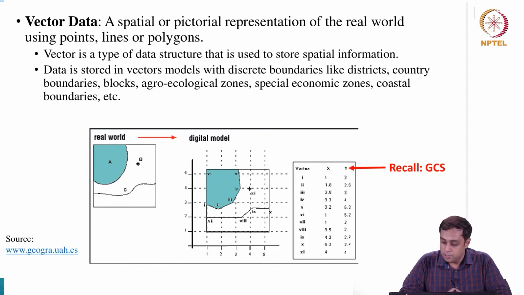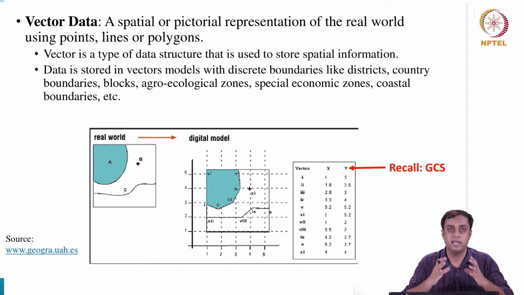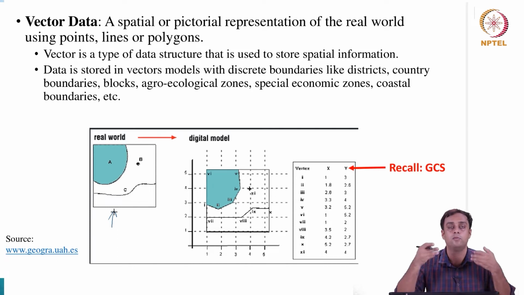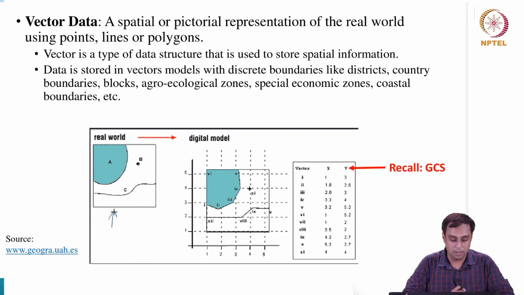So the image here that you look at is converting a real world data structure, which is, let's say, a raster data structure on your left, which is nothing but an image taken from a phone or from a satellite sensor. So it's a remotely sensed image. It has a region A, a region B, and a region C. What it looks to me is that region A seems to be some kind of an agricultural area.